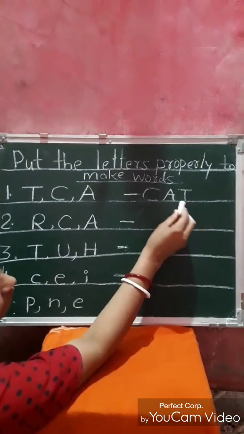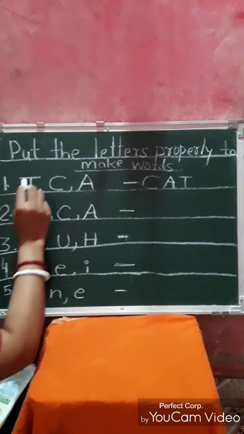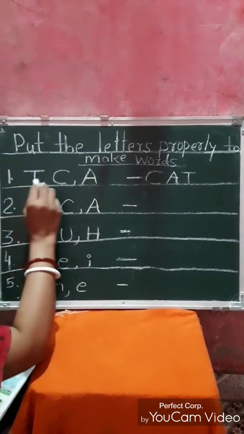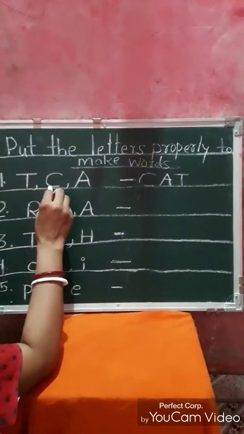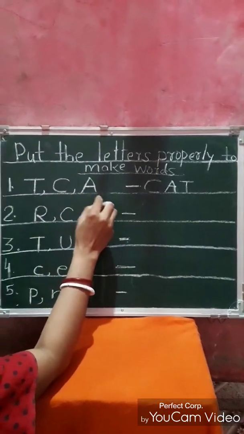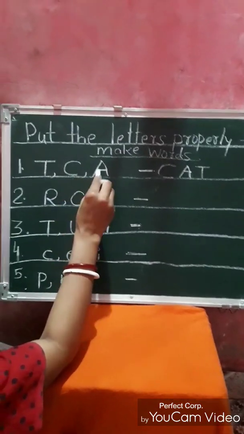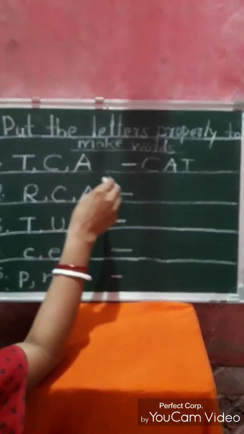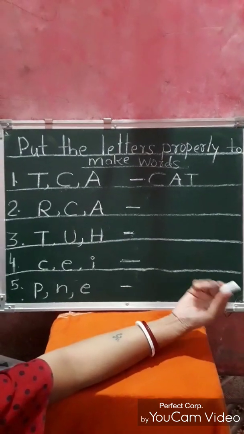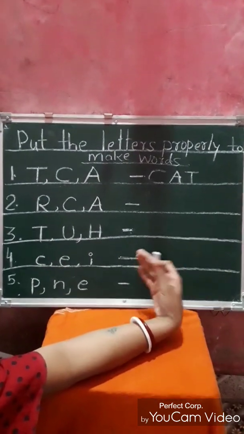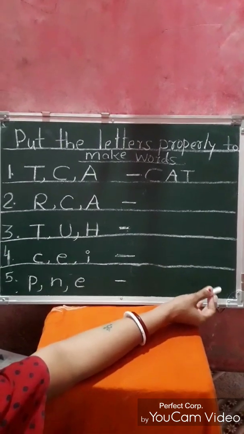This is a word and it has a meaning, but on the left side the letters do not have any meaning. So with the help of this example, we come to know that when we put the letters together in a proper way, we get a meaningful word. And that's why while writing or while speaking we use words, not letters.